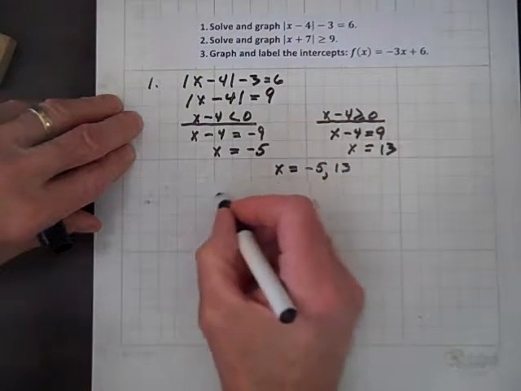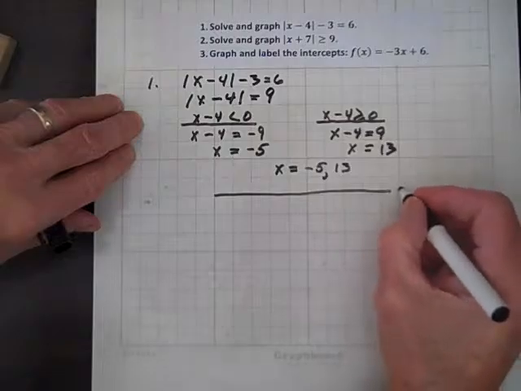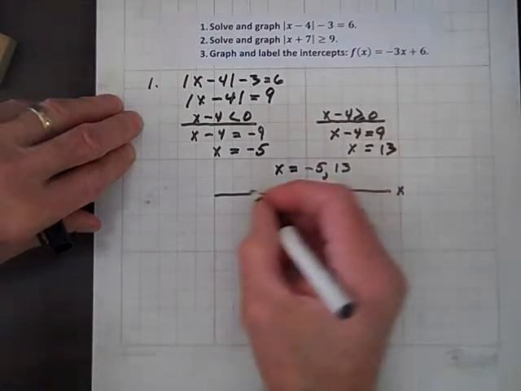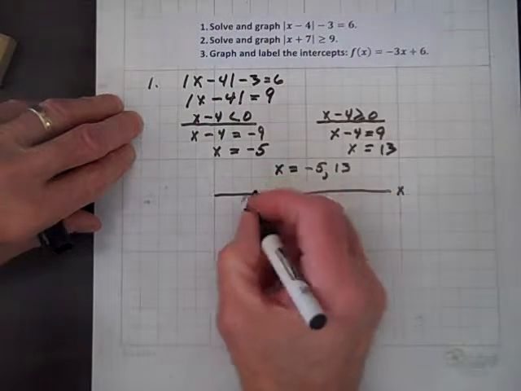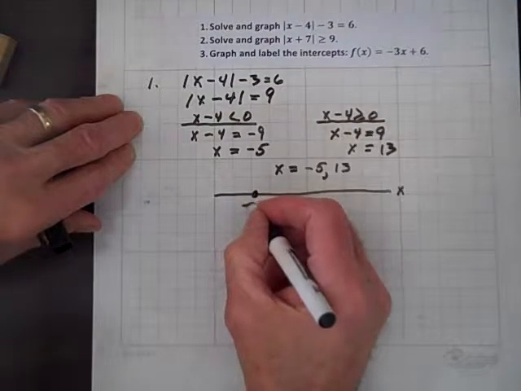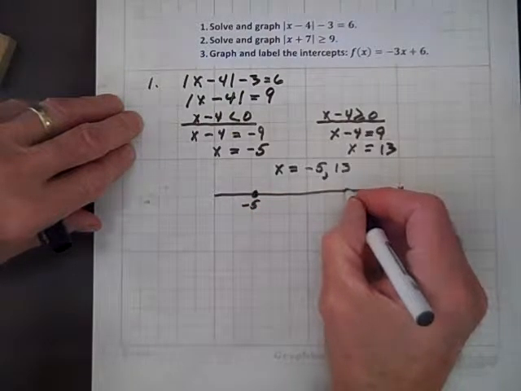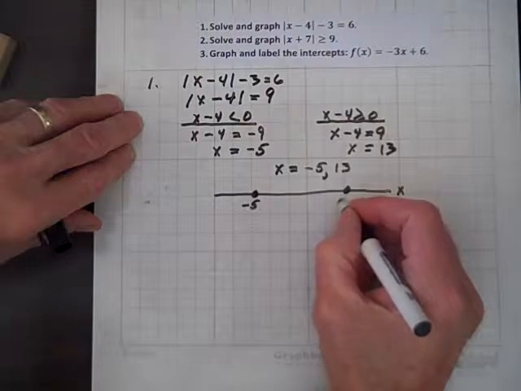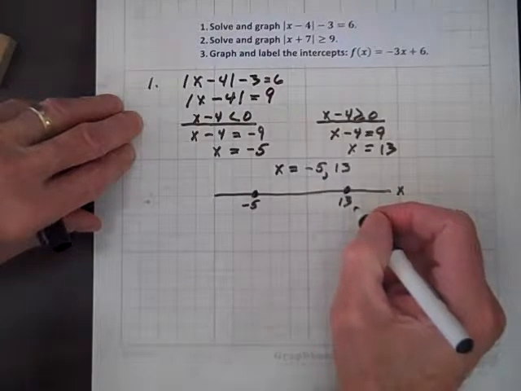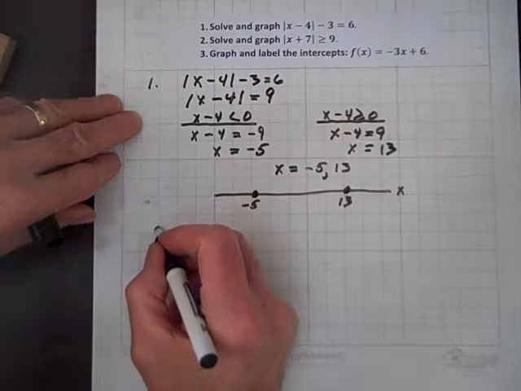But now let's graph that. So we'll go to the number line, and we'll put a solid dot at x equals negative 5, and another solid dot at x equals 13, and we're done. Now let's move on to